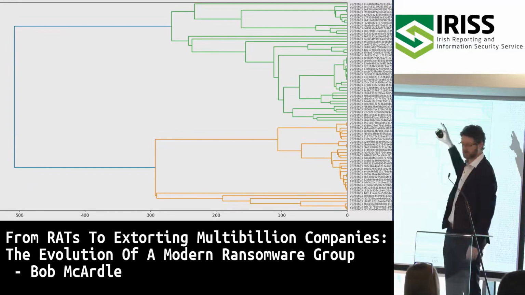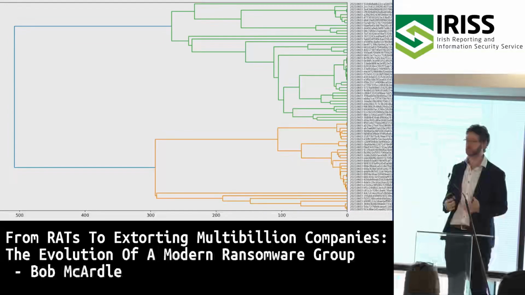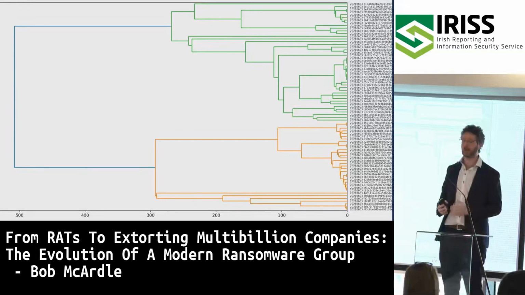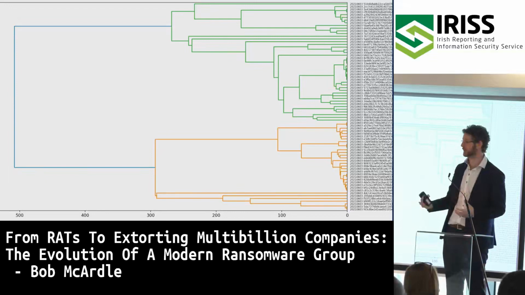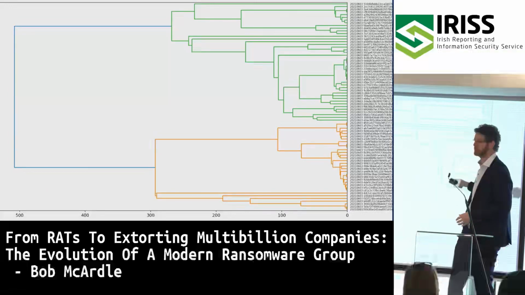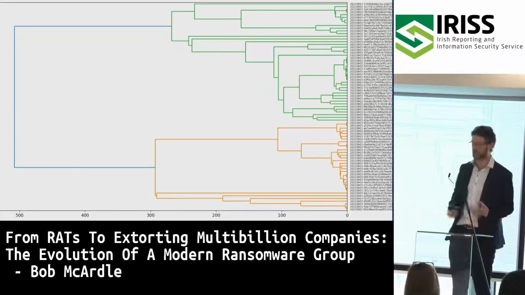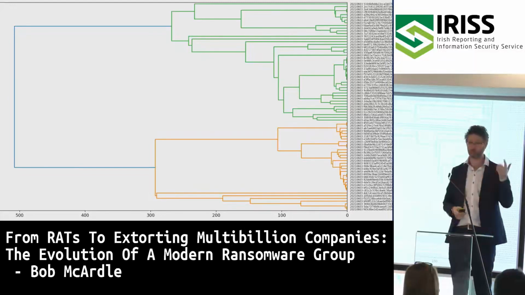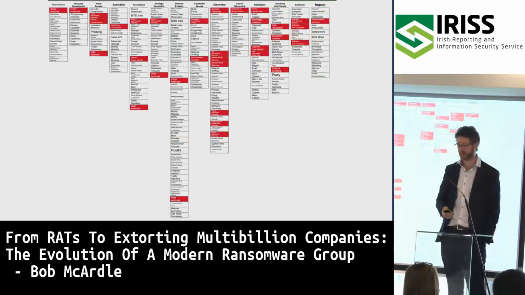So the green stuff at the top was the original version of Nephilim, coded in C++. And then they changed to using the Go language after that. And as you can see, the important thing here is just the constant iterations, right? There's constant evolution over time of the actual Trojan, showing they're really evolving this thing.